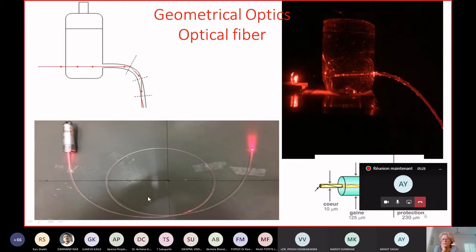They use a light source and send the light into the optical fiber. The light travels this way and it goes out here. They can notice that there is diverging light at the end of the optical fiber. Since the light is diverging, they will need a lens to converge it. I saw many conferences in many sessions about sophisticated optical fibers. I will not discuss this, but